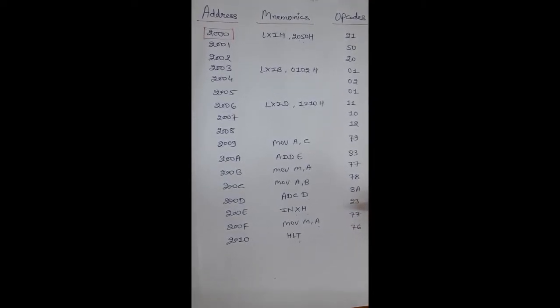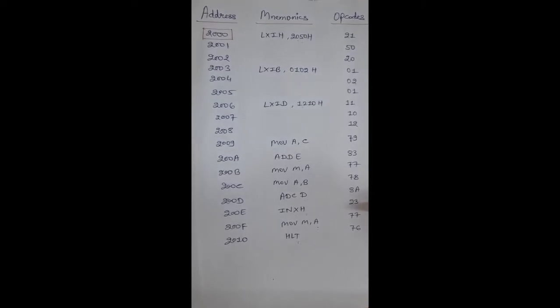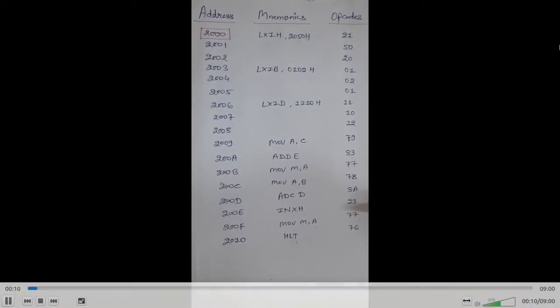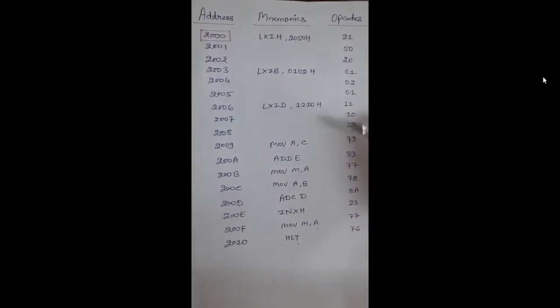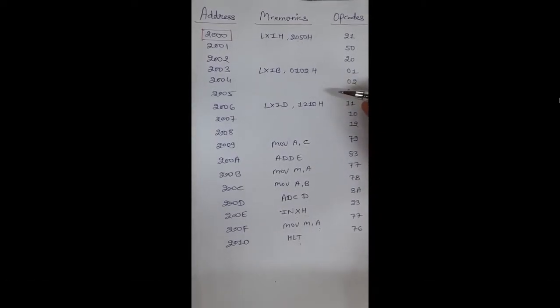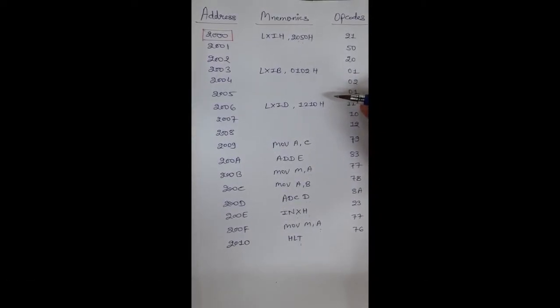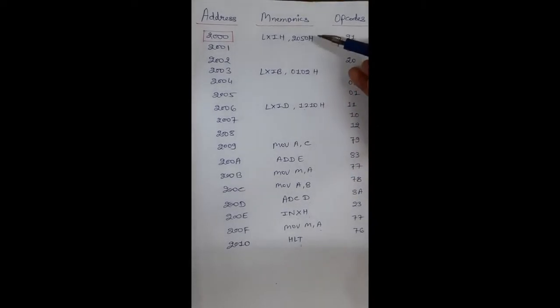In this lecture we are going to understand the addition of two 16-bit numbers in microprocessor. So here is the program. This is the simplest program I have written. I have given direct values of these 16-bit numbers which we want to add. Let's understand this program. First instruction is